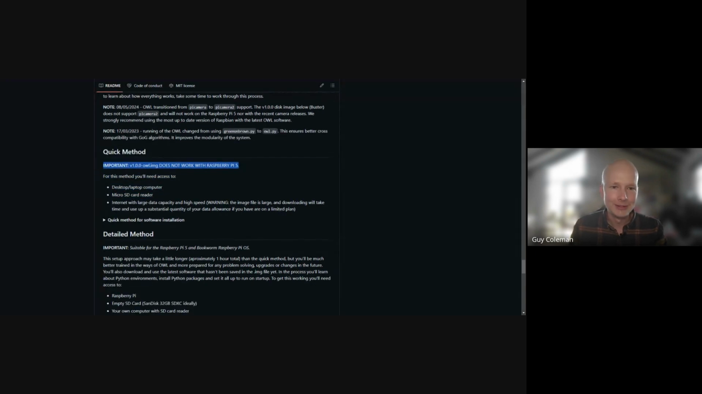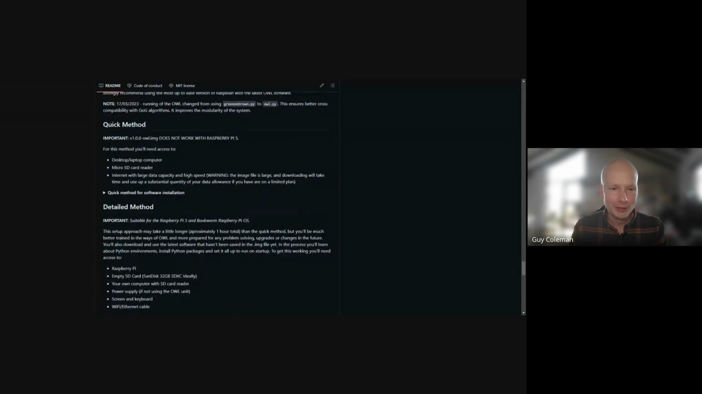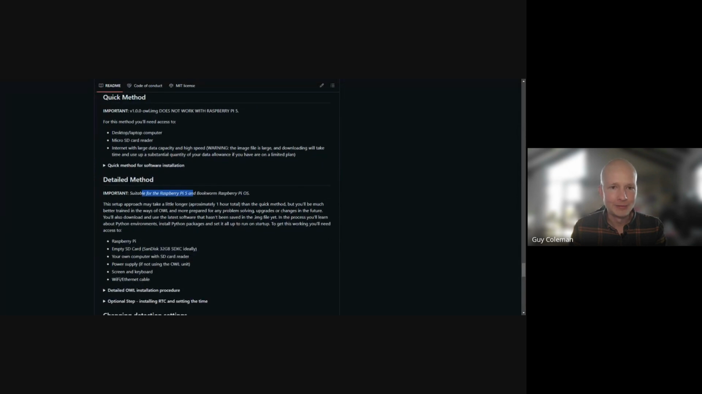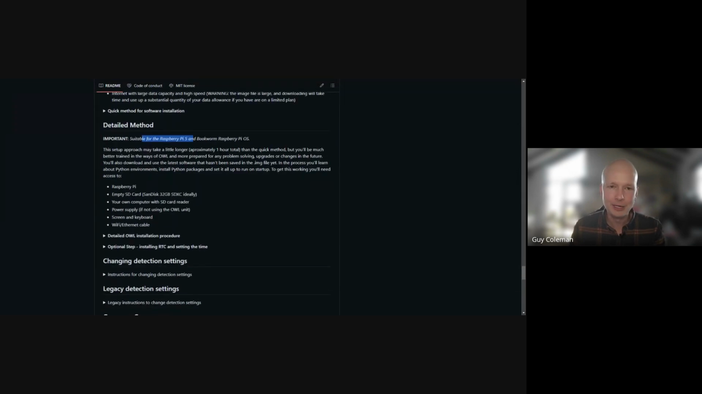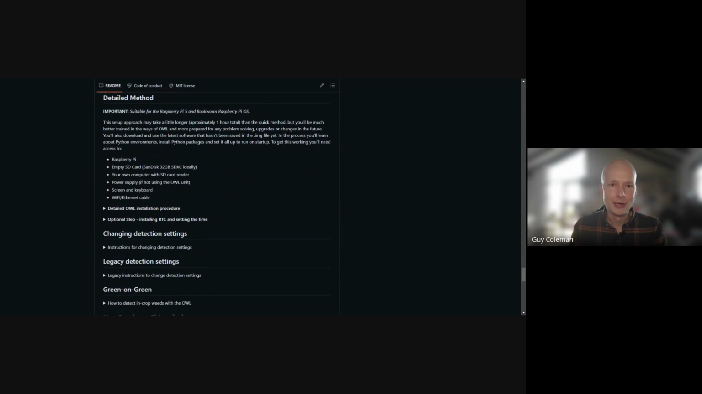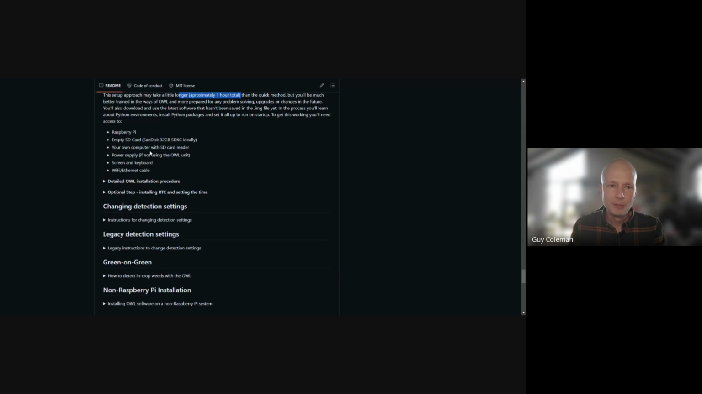But the quick method doesn't work currently for the Raspberry Pi 5, so avoid this, which is why I put this up here. Fortunately, the detailed method for the Raspberry Pi 5 these days is much faster. It probably takes about 15 to 20 minutes. It used to be about 1 hour. I probably do need to update some of this. But to install it,